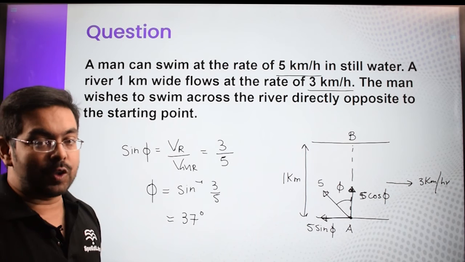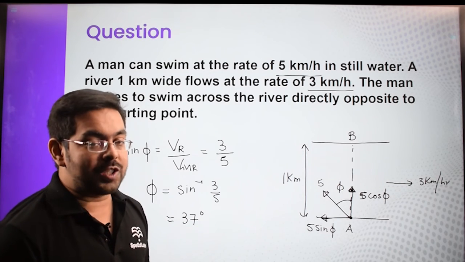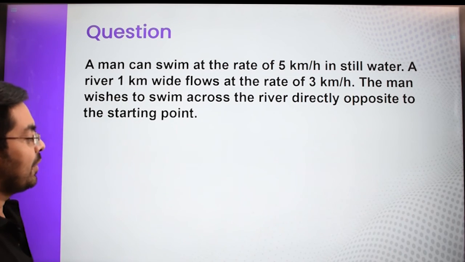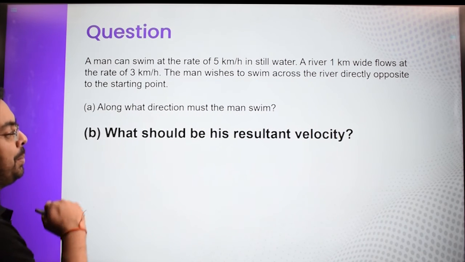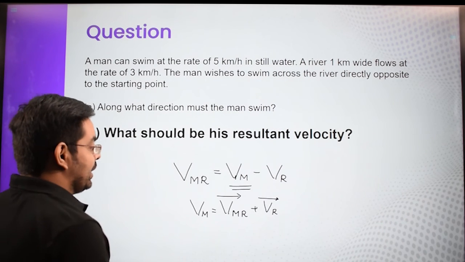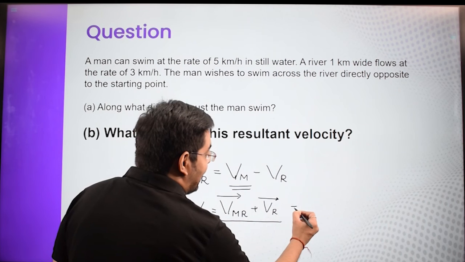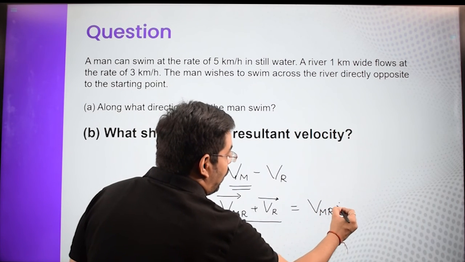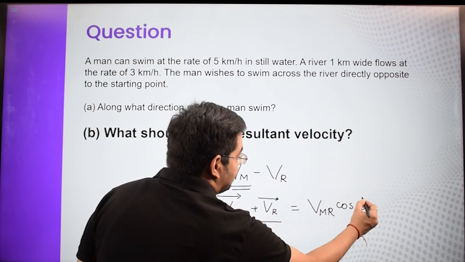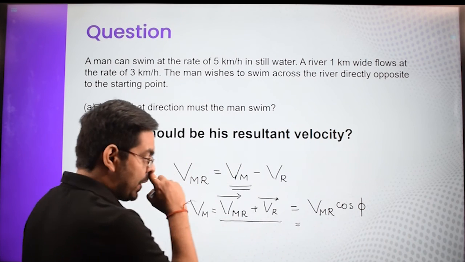Only how much is left? 5 cos phi is left. That will be his resultant velocity. ठीक है, दोनों का जो रिजल्टेंट आता है वो AB के along में ही आ जाता है। ये वाला, और इसका वैल्यू क्या होता है एक्चुअली, देखो VMR cos phi।